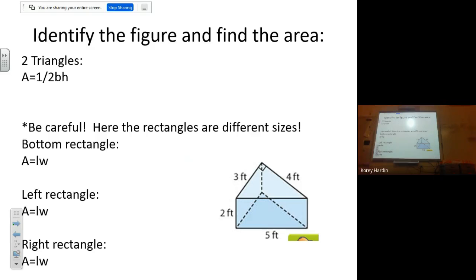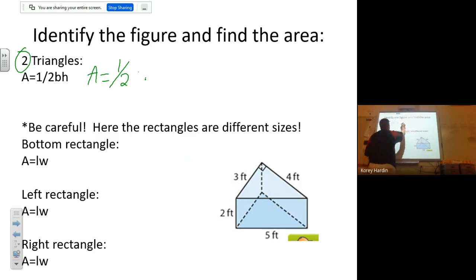So first, let's find the area of the two triangles. Okay? I've got A equals 1/2 base times height. So A equals 1/2 times the base. I'm finding the area of a triangle, so make sure you use the triangles. The base is going to be 5. The height,